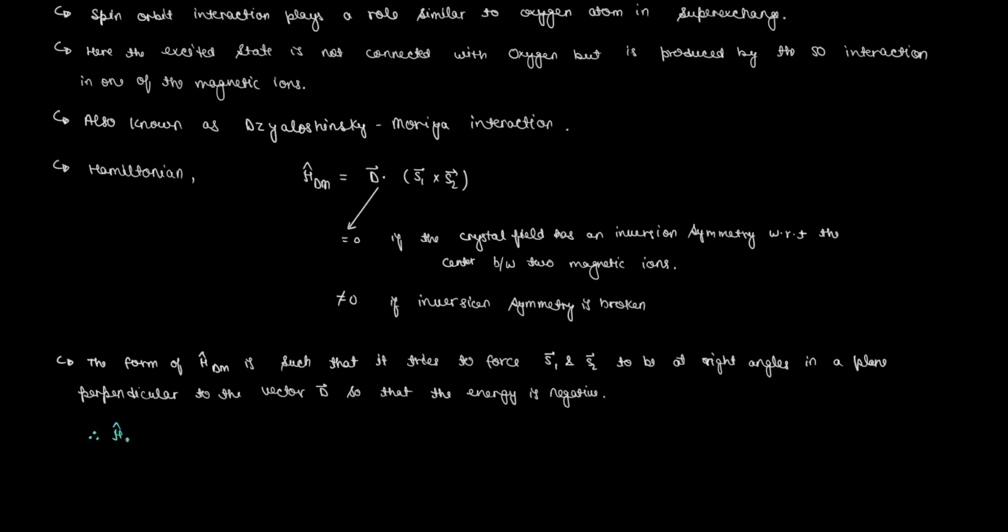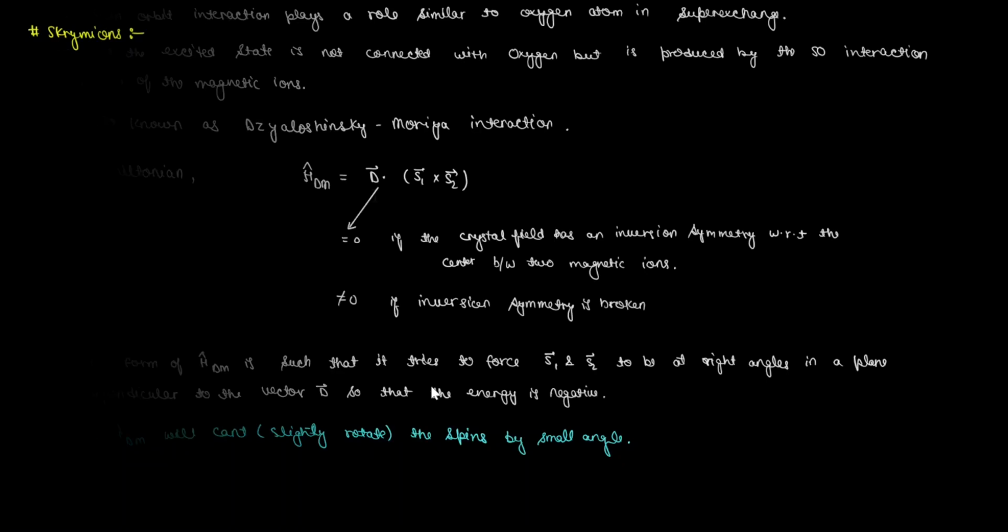So therefore, this DMI will cant the spins by small angles. So therefore, it is also known as weak ferromagnetism. So therefore, this DMI interaction is characterized by broken space inversion symmetry and non-zero spin-orbit coupling, and it is significant for stabilizing topologically non-trivial magnetic textures like skyrmions. Here you can see the spin textures known as skyrmions,